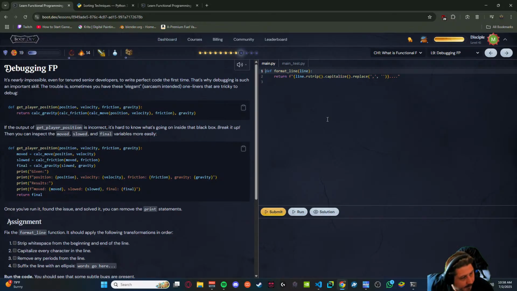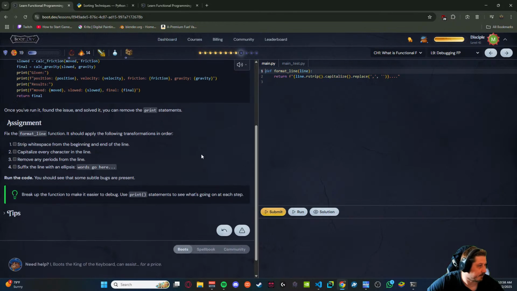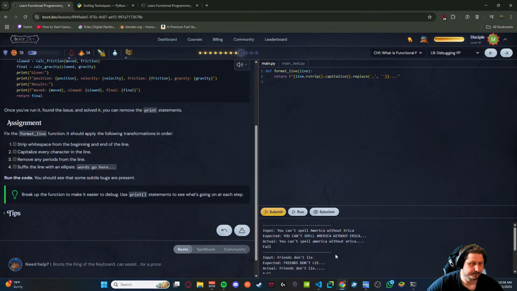Once you've run it, found the issue and solved it, you can remove the print statements. Fix the format line function. It should apply the following transformations in order. Strip white space. So if I do run, can't spell America without Erica.